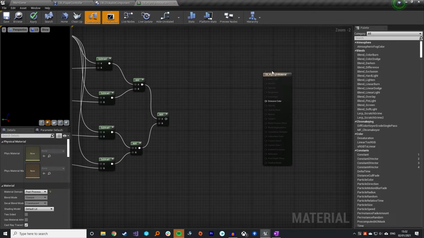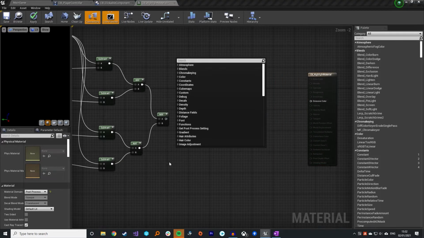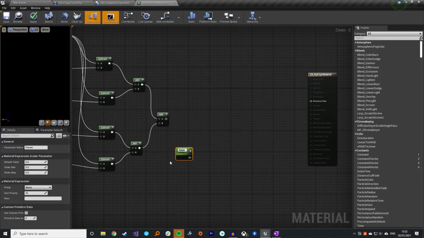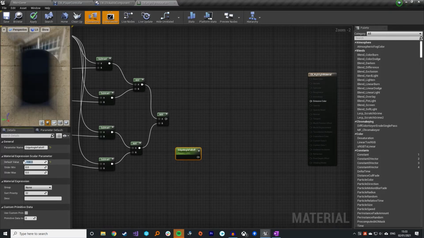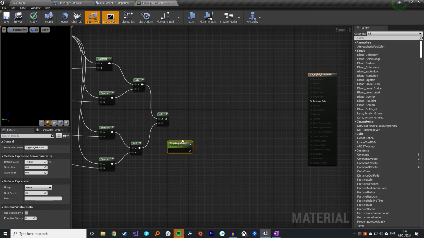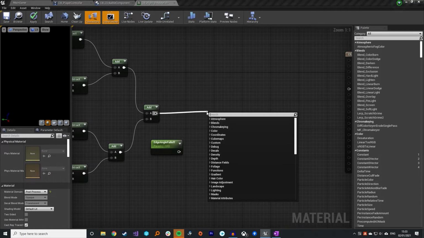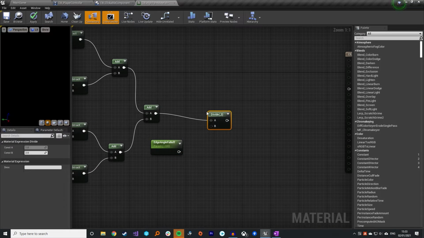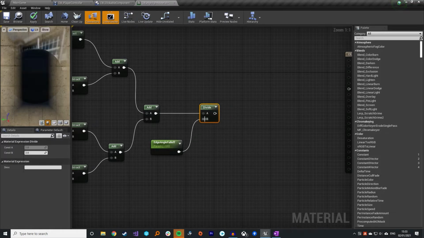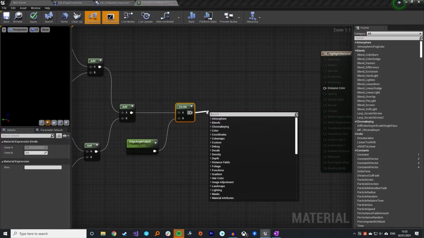Right, now we get to add in another scalar parameter. So scalar parameter, and this is going to be our edge angle falloff. So this is one that we will actually want to adjust during the game. A decent default for this is just -100. So I would just say it's that for a default. And then what you want to do is divide the sum of your additions. So pull that off, hit divide, plug that into the B value,